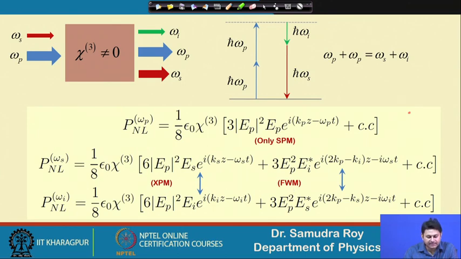Why these terms are taken is important, and I believe you can understand it, because there are many terms at the omega s frequency. Omega s can be generated in many ways. With self-phase modulation we can generate it by combining three omega s fields, E s, E s star and E s, which also generate omega s. Also E i star, E s will generate omega s, but we will not consider these cross-phase modulation and self-phase modulation terms because they are weak. We only consider the cross-phase modulation with the pump and four-wave mixing.